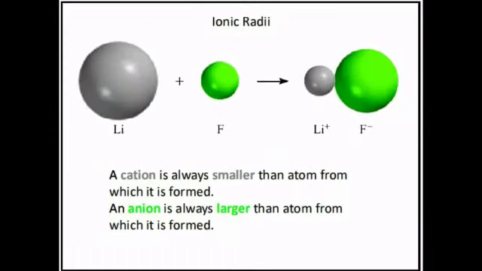Now we move on to ionic radii. It is defined as the distance from the center of the nucleus of the ion up to the point where it exerts its influence on the electron cloud of the ion. You know that ions are formed when an atom loses or gains electrons. When a neutral atom loses an electron, it becomes a positively charged ion called a cation, whereas the gain of an electron by a neutral atom forms a negatively charged ion called an anion. The size of the ions is important to determine their behavior in solutions and the structure of ionic solids.